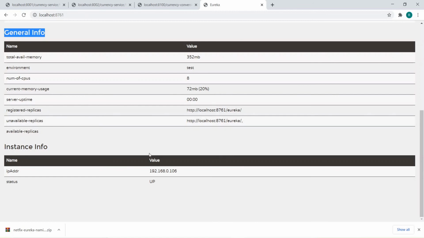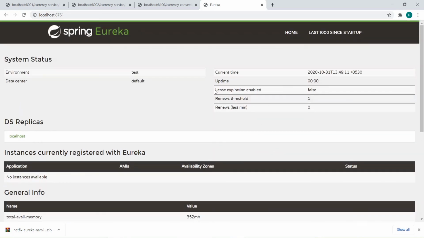You can see where the services are running, localhost, the port, the memory usage, the number of CPUs, all the information you can get from here. So now our Spring Cloud Eureka naming server is up and running. In the next step we will see how the microservices can register with the Spring Cloud Netflix Eureka naming server.